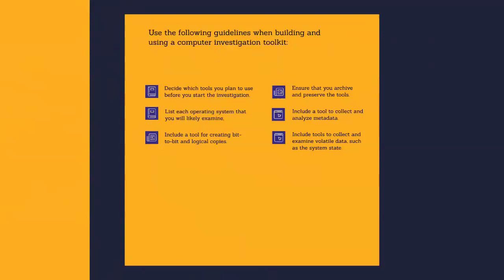Include tools to collect and examine volatile data such as the system state. Include a tool to generate checksums and digital signatures on files and other data, such as the File Checksum Integrity Validator tool. If you need to collect physical evidence, include a digital camera in the toolkit. In addition,